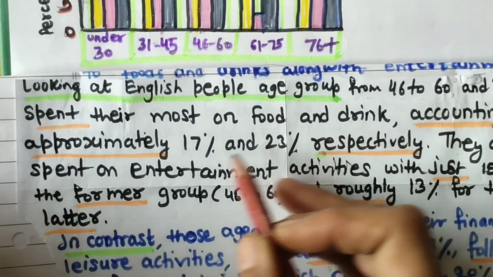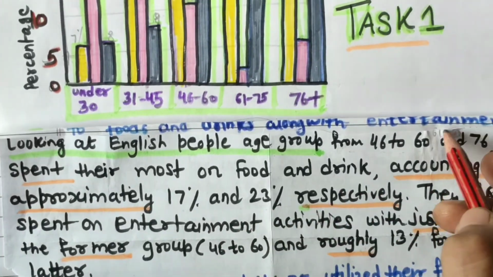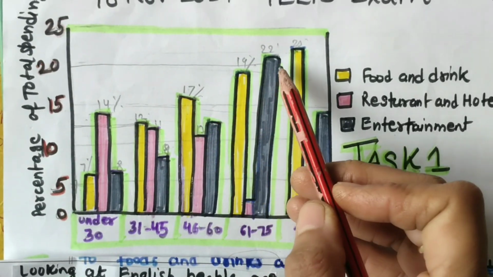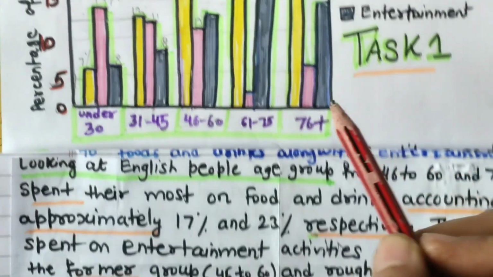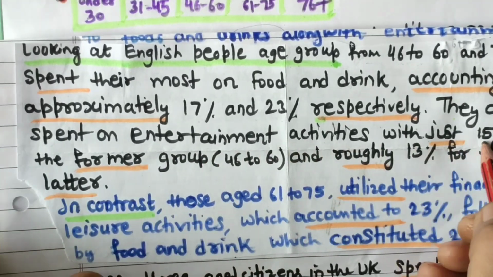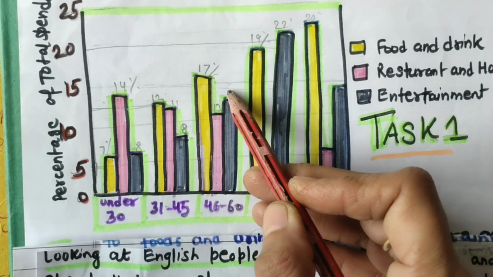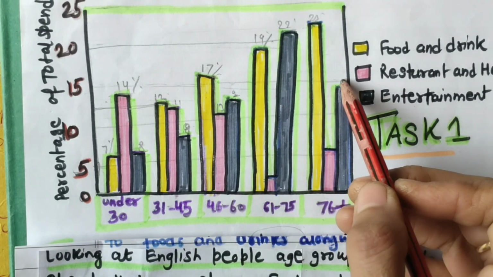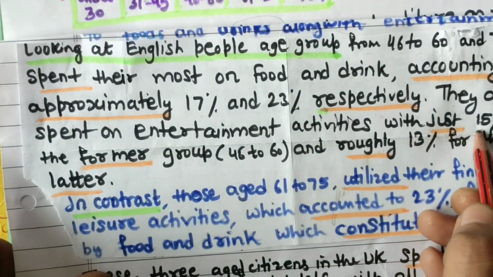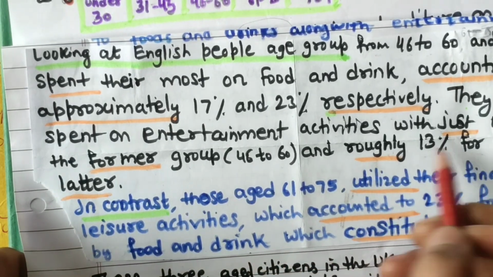Food and drink accounting for approximately 17% and 23% respectively. These two categories we are talking about, 17% and 23%, respectively. They also spent on entertainment activities, with just 15%. See this, around 15%. Entertainment is this 15%, and here this is also around. So I have just combined the data, with just 15% for the former group, 46 to 60,